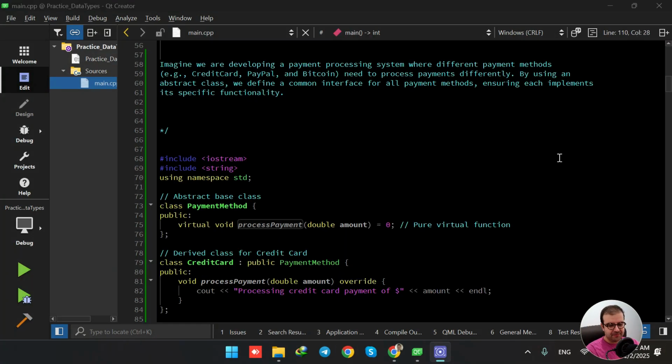Hello everyone, welcome to this lecture. In this video, we are going to provide a practical example of the usage of abstract classes. So imagine we are developing a payment processing system where different payment methods like credit card, PayPal, and Bitcoin need to process payments differently. By using an abstract class, we define a common interface for all payment methods, ensuring each